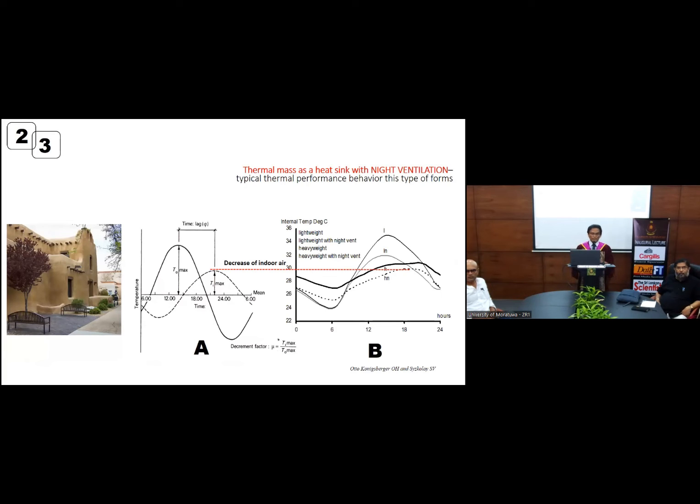The straight line shows the ambient level, maximum peak during the daytime and lowest at night. But internal temperature, which is shown in dotted line, is much lower than ambient. Right? And this varies depending on the thermal mass, thickness, and its thermophysical characteristics. For example, the graph on B shows L and L